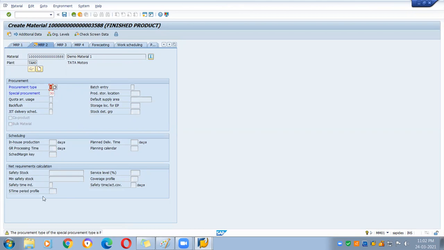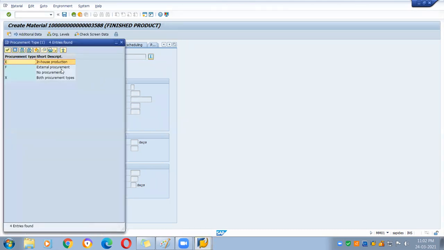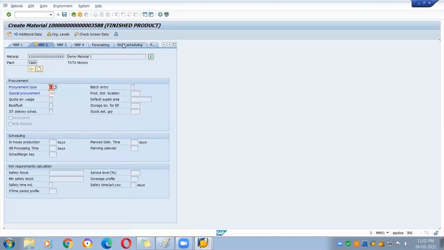So this is required generally only for F, that we are going to produce externally. Then only are we going to take the help of the contractor. If it is in-house production, it makes no sense to have the contracting party, right? So that is one thing which we have seen.